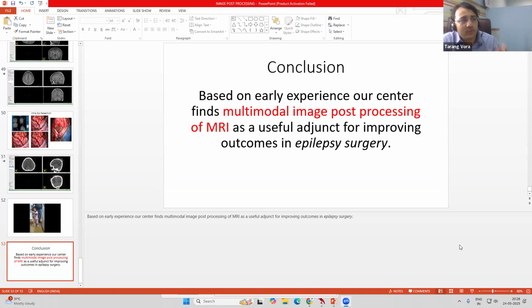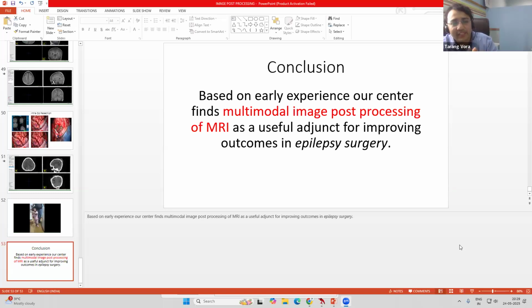When we're talking about focal cortical dysplasia, it's predominantly at the junction of the gray matter and the white matter, and not per se the gray matter completely. These are neuronal cells which are migrating from the subependymal zones and have not been able to reach the cortex, and they are stuck somewhere in between. So in the white matter also, you will see these cells scattered around. In a normal white matter, you will see only white matter. But in cases of dysplasia, these abnormal neurons are stuck in the white matter because they never made it up to the cortex from the subependymal zone.